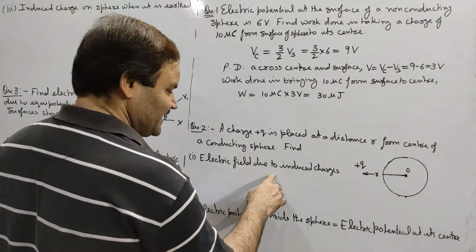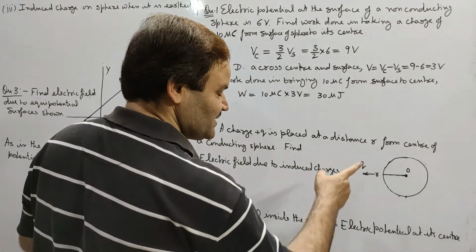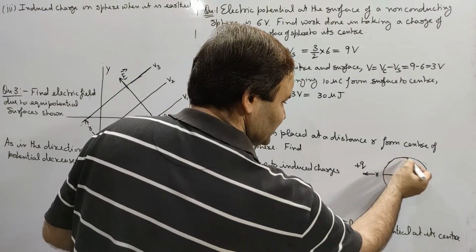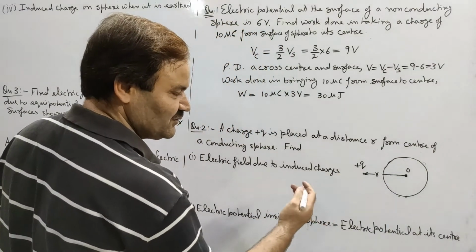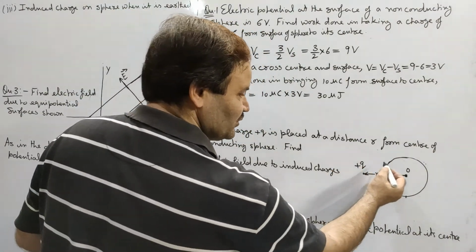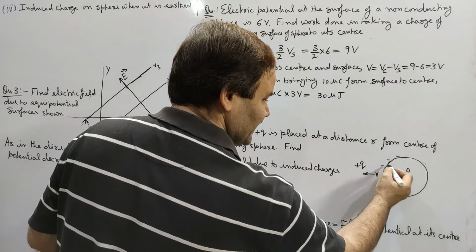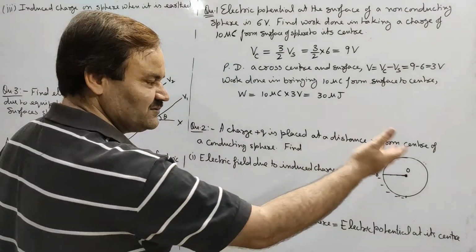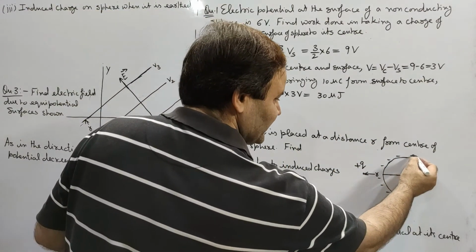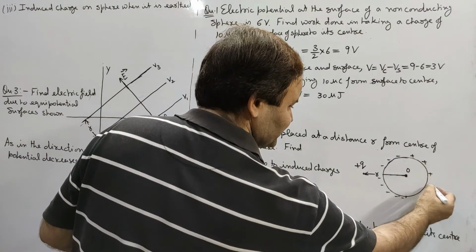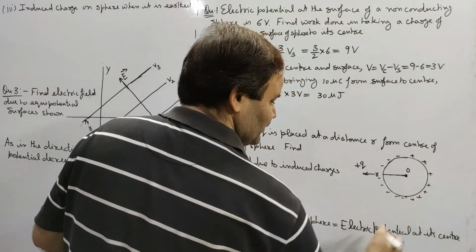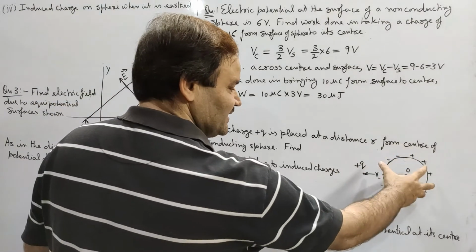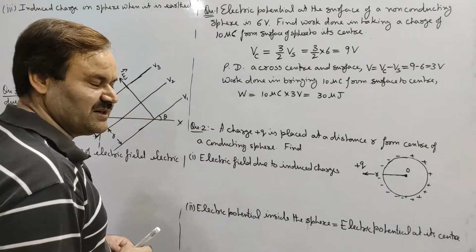So first, electric field due to induced charges. First, the charges induced on the sphere will be non-uniform. The half of the sphere closer to plus Q will attain negative charge, while the other half, which is the farther one, will attain the same kind of charge. Now, since we have to find electric field, and we know electric field inside a charged conductor is always zero,